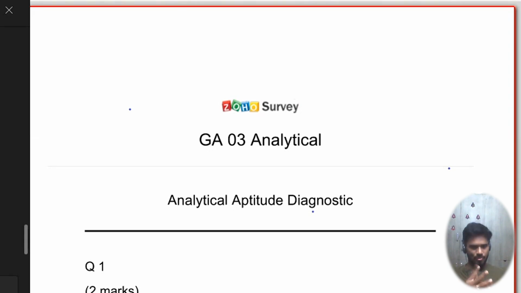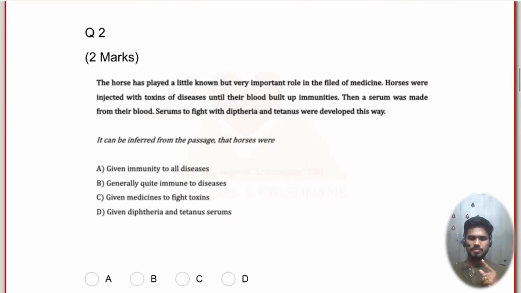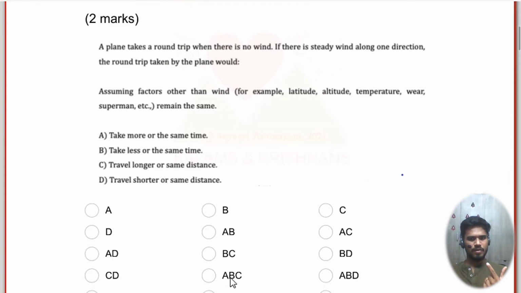But the most important point is that analytical aptitude questions are extremely hard. To quickly show you how difficult they are, notice a simple MCQ: you're dealing with 4 choices, right? 1 out of 4 choices is correct. The moment you have an MSQ, you are not really dealing with 4 choices. How many choices are you dealing with? Quickly, 3 times 5, 15 choices. That makes MSQ questions at least 4 times as hard as a normal MCQ. For each choice, you have to decide whether it's correct or not. So MSQs are harder. This we know.